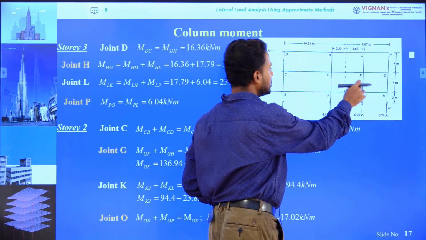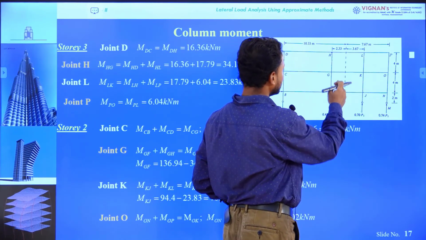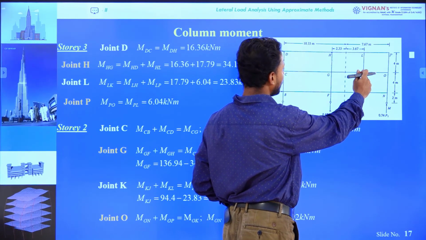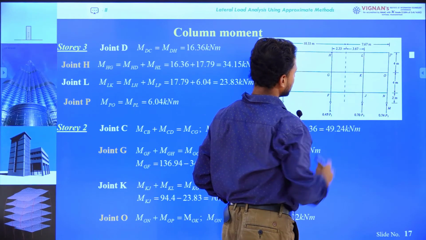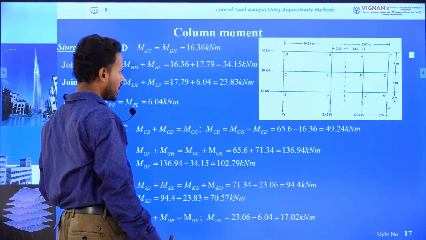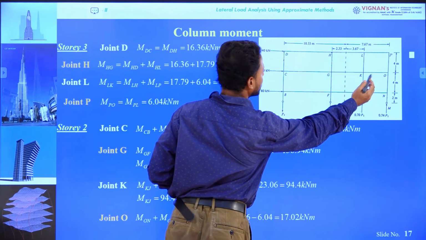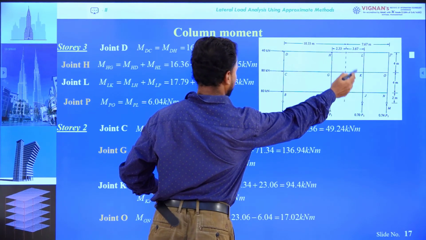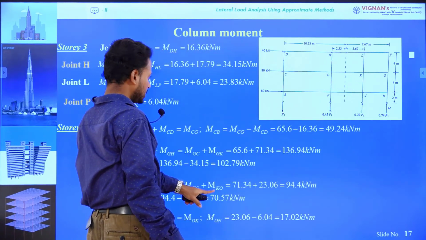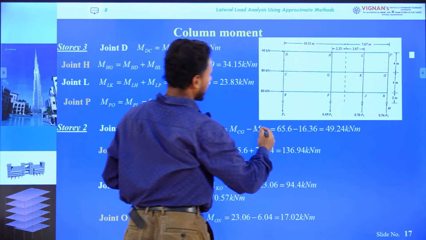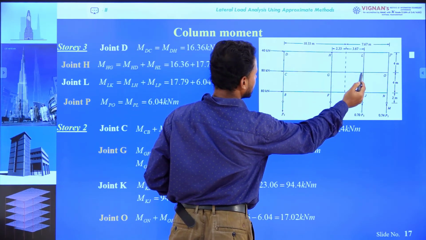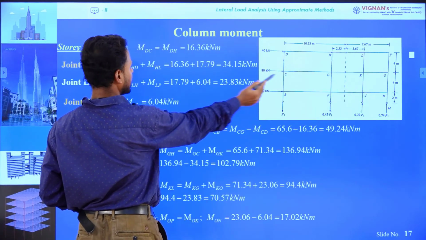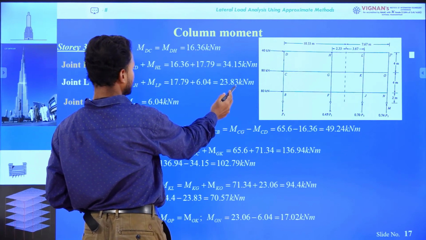Now come to K. A similar rule you can apply. The beam moment KG plus the beam moment KO equals the column moment KL plus the column moment KJ. The column moment GK you have to calculate. So you have the beam moment KO in this joint, KJ plus KL will be equal to KG plus KO. We know this beam moment and this beam moment, and we know this column moment. Earlier we calculated KL equals 23.83.